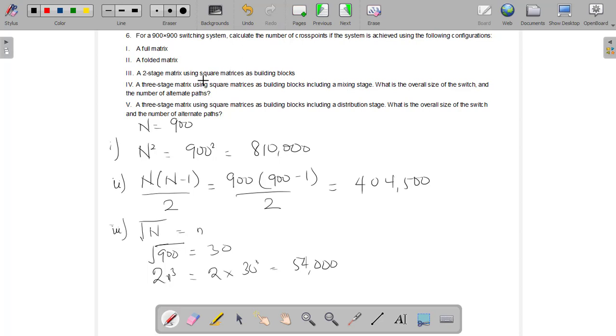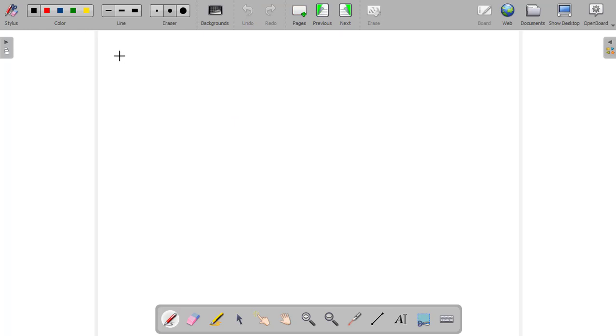We are to find the number of cross points if the system is achieved using a three-stage matrix using square matrices as building blocks, including a mixing stage. Additionally, you're supposed to find the overall size of the switch and the number of alternate parts. So for the mixing stage introduced into the system, now our number of cross points